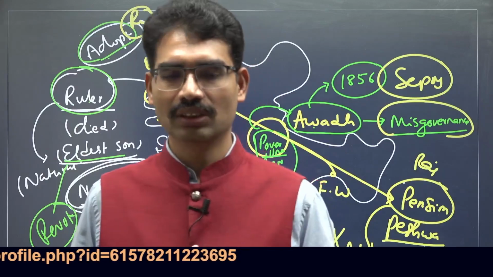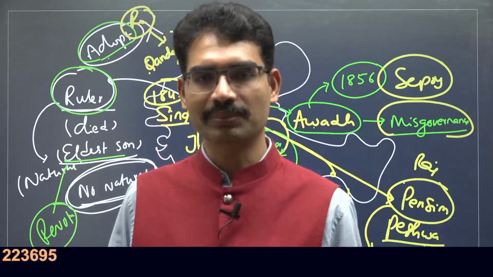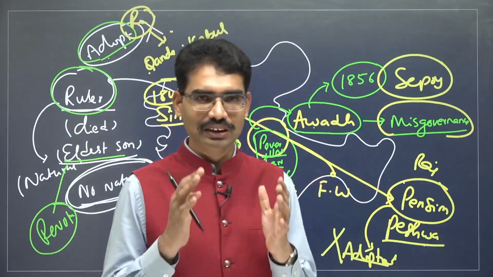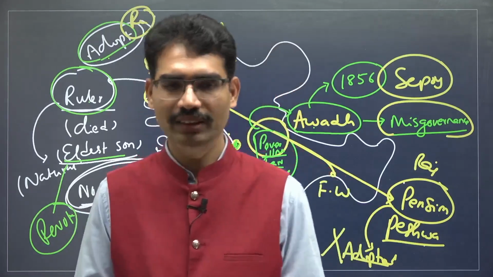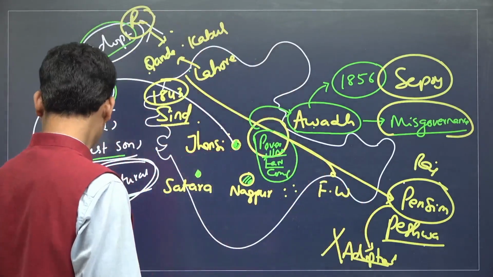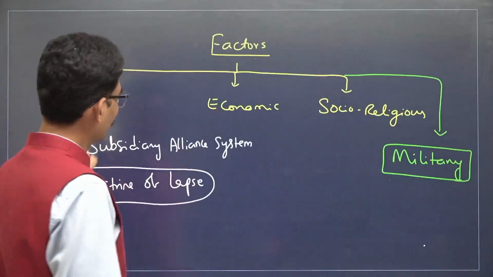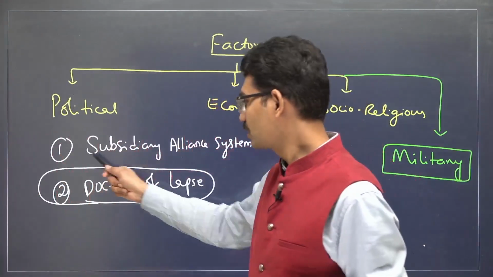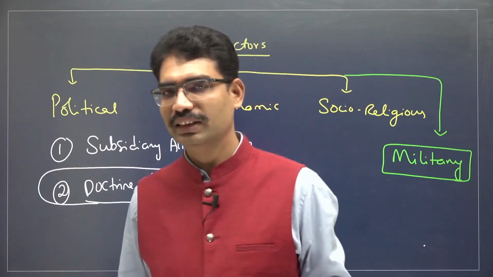All right. So these are two important issues. One is doctrine of lapse, another one is subsidiary alliance treaty. It's very important to understand how the British controlled, captured Indian territories. All right. When it comes to the factors of the political factors, economic factors, socio-religious factors, these we are going to understand. Already we have seen in the previous class that